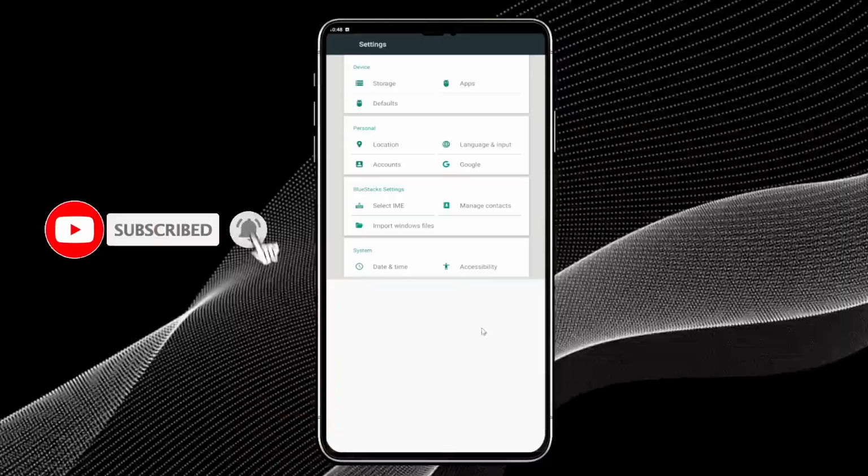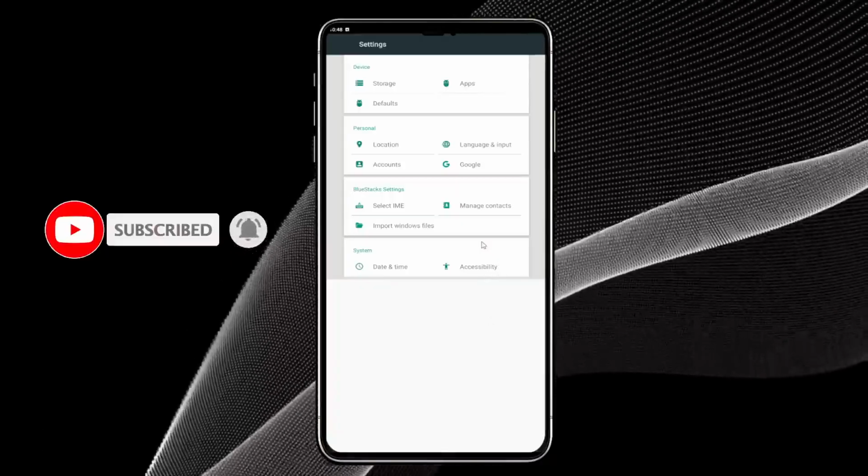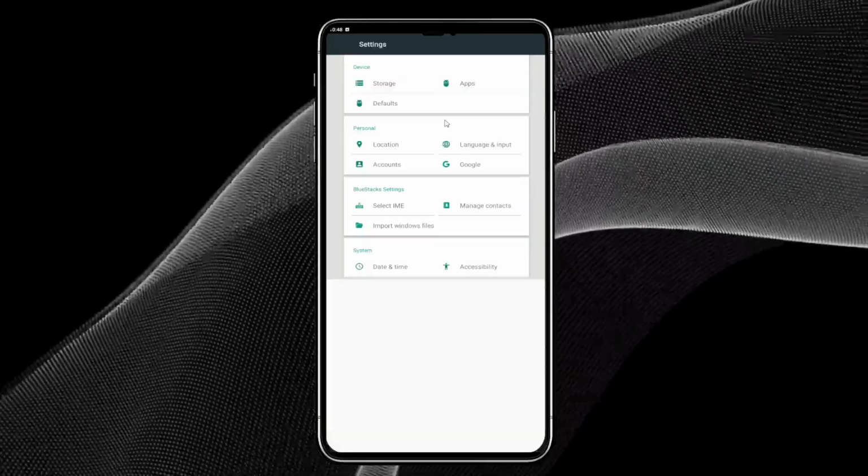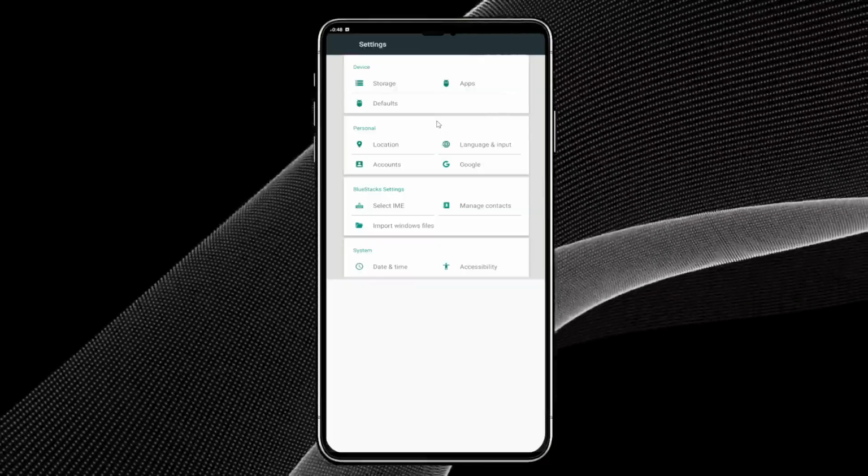First, you'll need to navigate to your device settings. This is typically represented by a gear icon on your home screen or app drawer. Tap on it to open your device's main settings menu where you can control all your app permissions and system